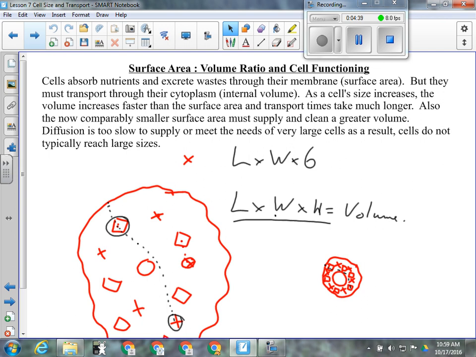So, I'll give you a few minutes here. I want you to write down this paragraph, and then I'm going to talk about it. All right. So, as we saw this morning,